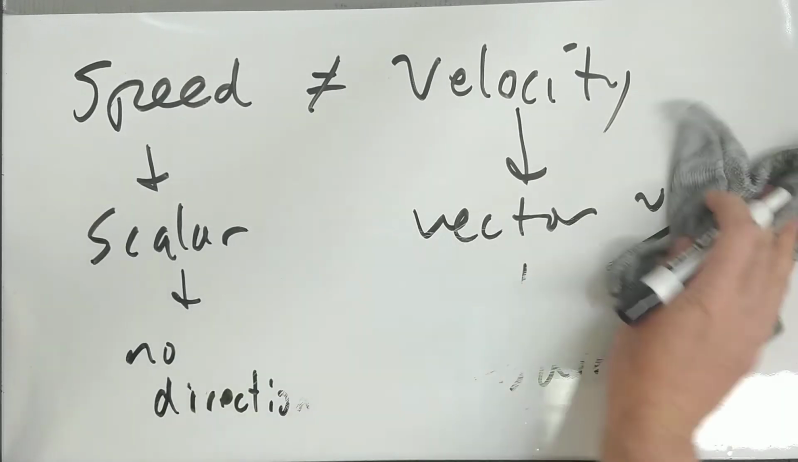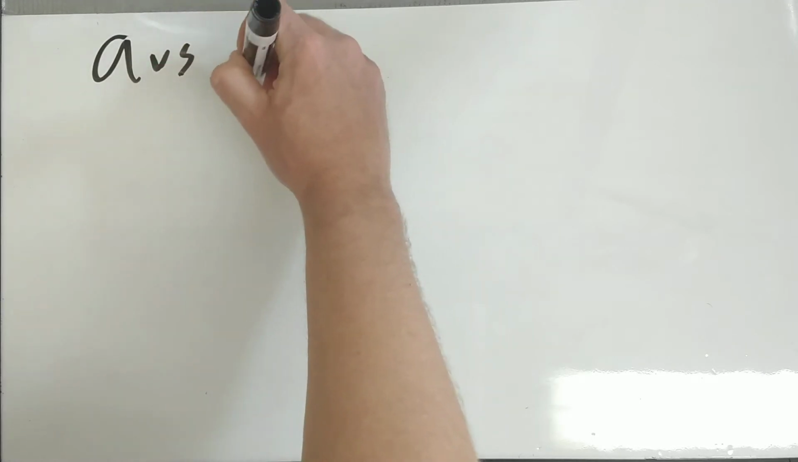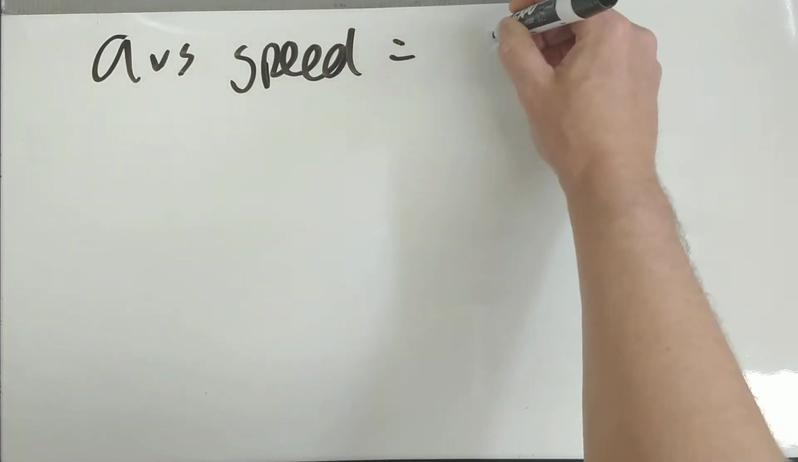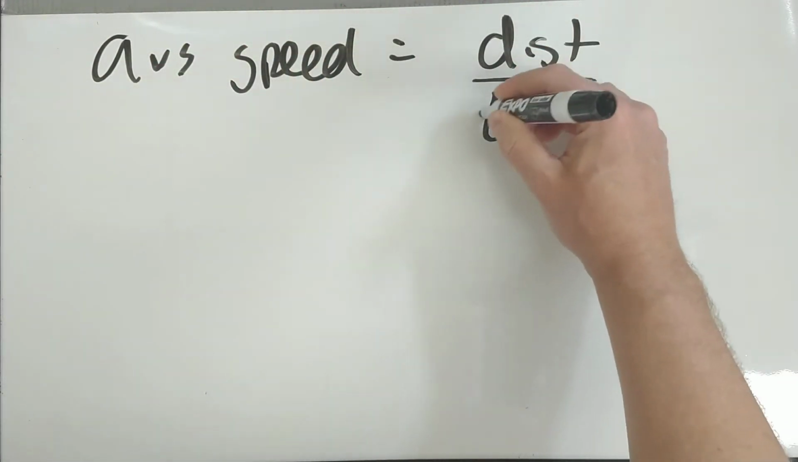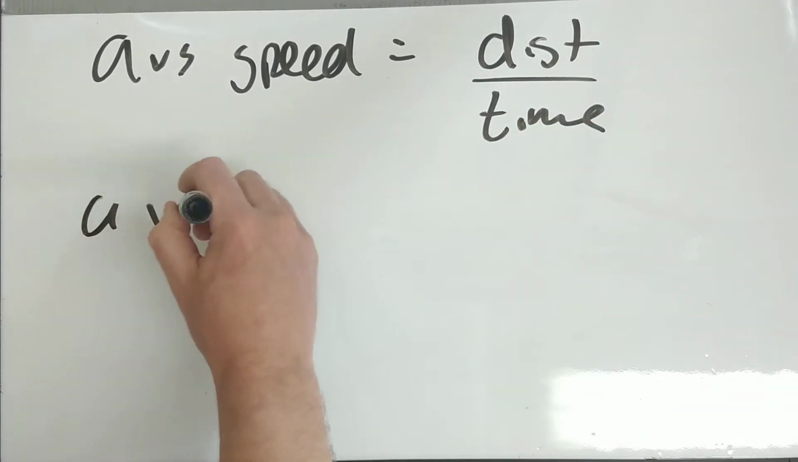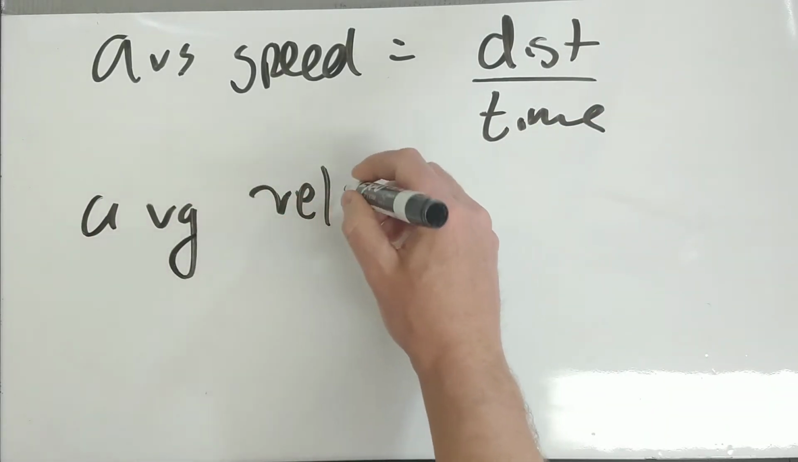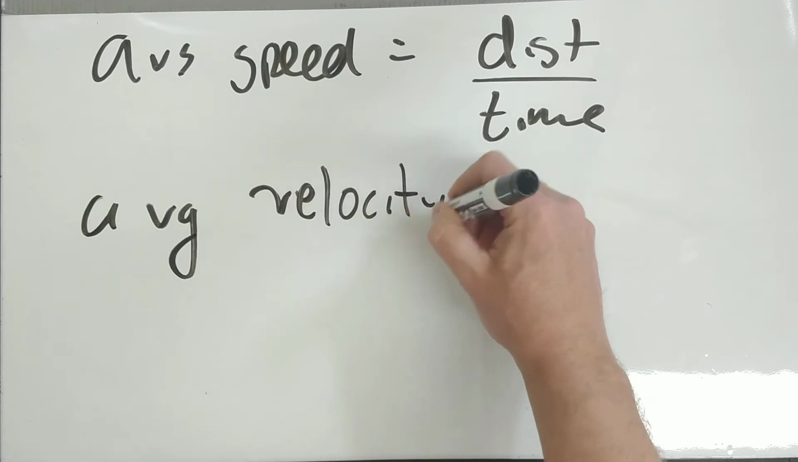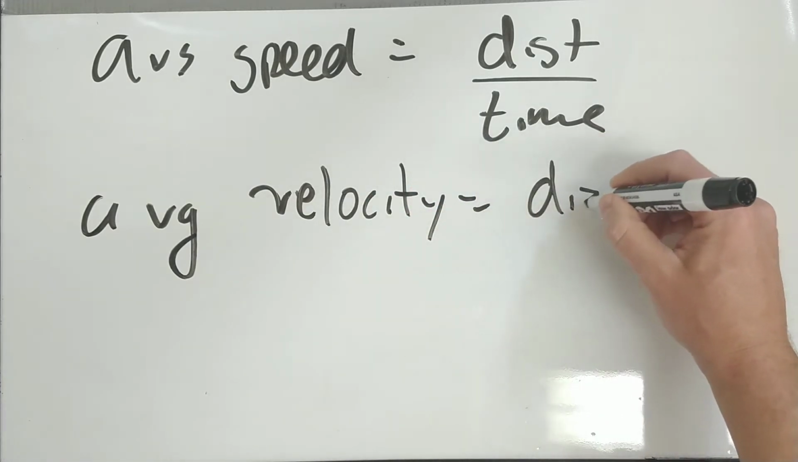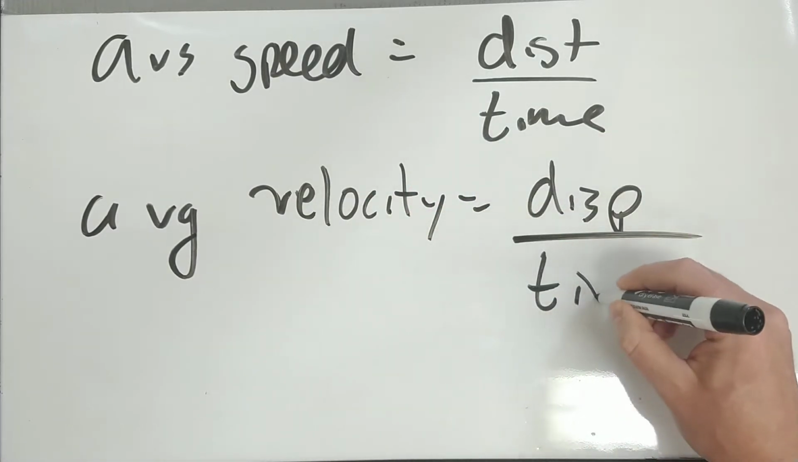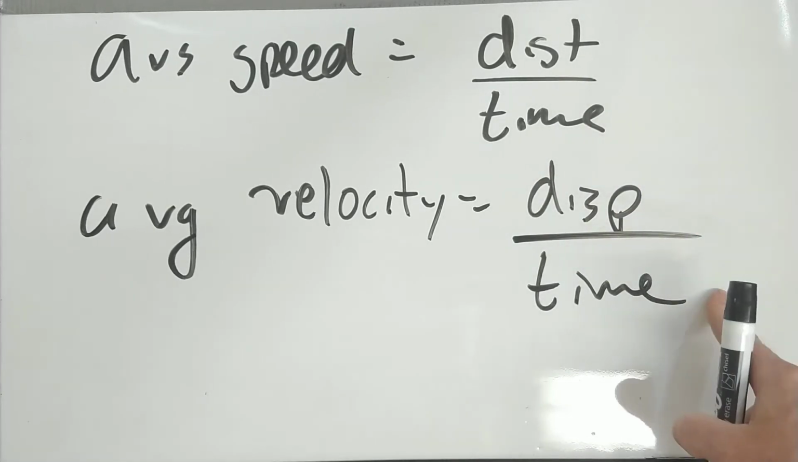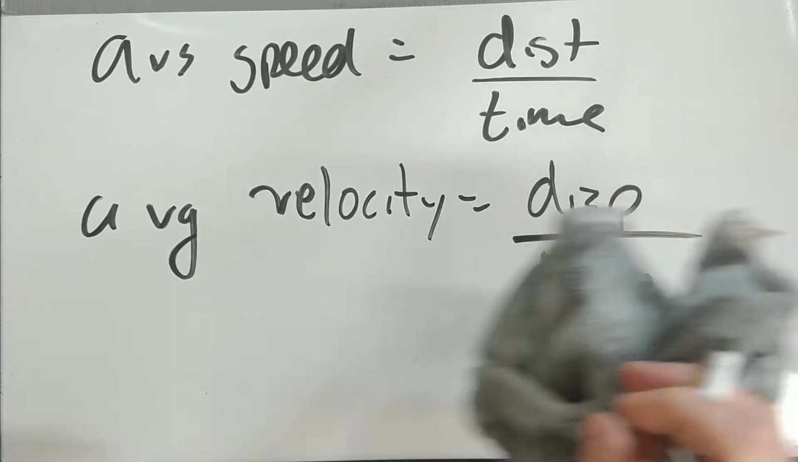So average velocity brings us the difference of displacement and time. Average speed is distance traveled over time. And average velocity, sorry for the handwriting, haven't done this in a while, is displacement over time. Distance over time, displacement over time. Now, what's the difference? Well,